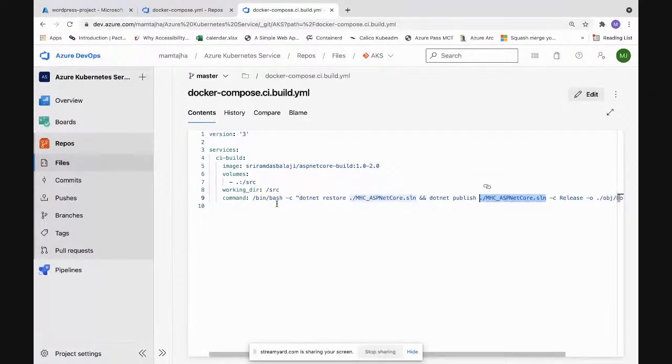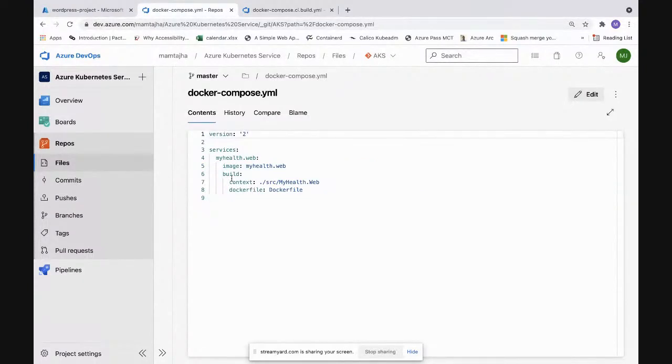We would be focusing more on adding tasks to our pipeline rather than spending time on the Docker Compose and the Kubernetes files. So just to give a brief, we are having one service. We are building the code here. We are picking up a basic image and we are building up the code. The .NET build happens with this. The other one is using a Docker file and producing a Docker image. So two different things we are doing here. In the second one, the output is nothing but the Docker image, which we would be using. So let me show you this Docker file as well.